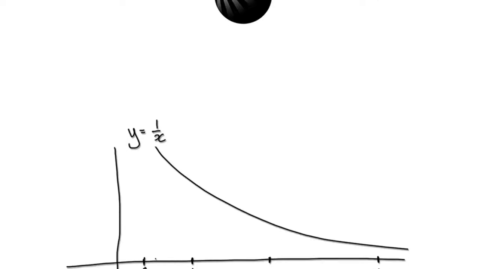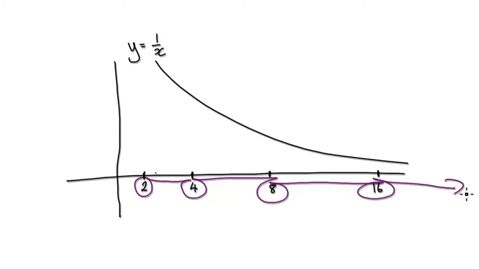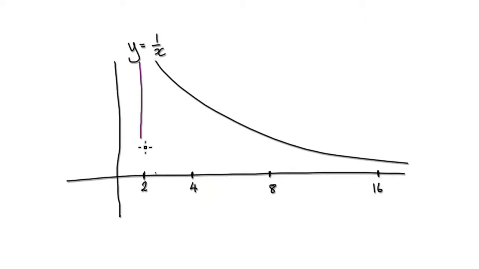Let me pose this question to you guys. Let's say you've got a graph of 1 over x, which looks something like this. Not to scale, this doubles each time: 2, 4, 8, 16, 32, and so on. How does this area, the question is, how does this area